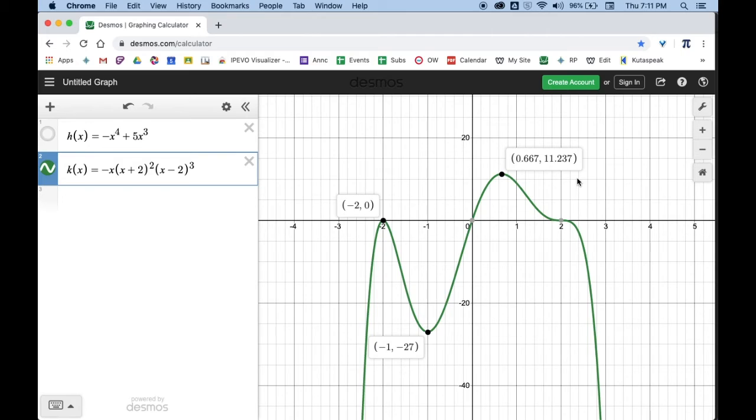And let's see, the zeros, which well, this is a 0. I'm going to go ahead and get rid of these turning points here. So this is an x-intercept, right? This was also a maximum. So negative 2, 0, 0, 0 is an x-intercept, and 2, 0 is an x-intercept. So we have those 3